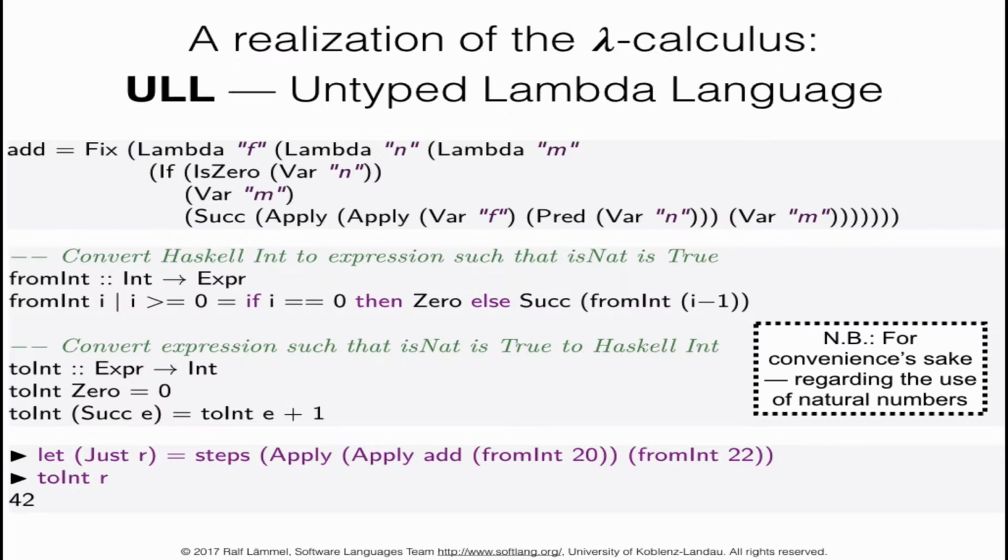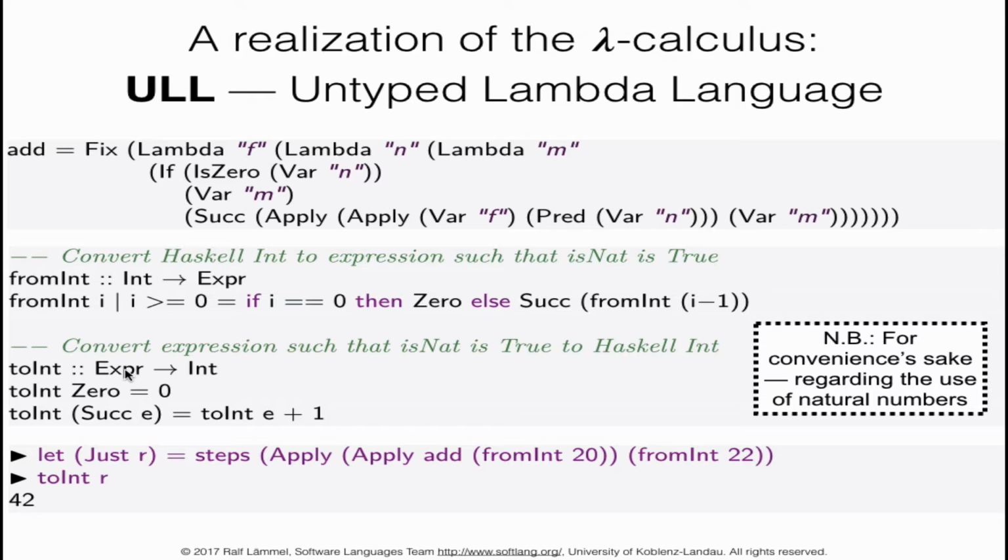so this is just to show you that indeed the basic lambda calculus is Turing complete. Now we can actually implement, of course, the lambda calculus in a functional language. That is, we basically take the operational semantics. In this case, we assume that we also implement fix. And so we implement the operational semantics, let's say in Haskell, and then we can play with addition here. So here we have the addition function, and we use some convenience functions that map Haskell ints into lambda calculus